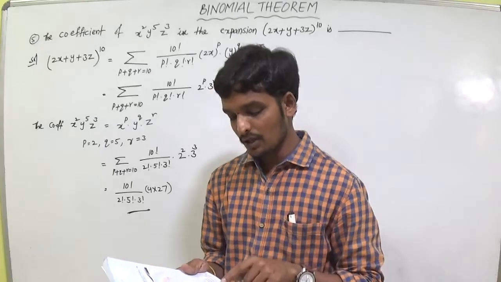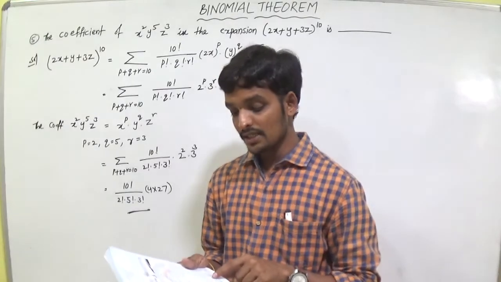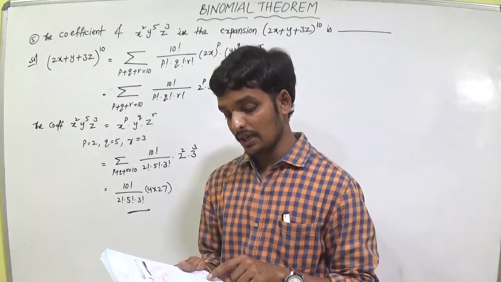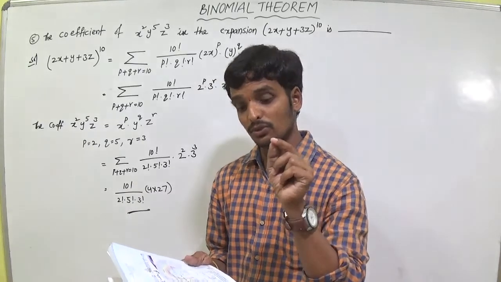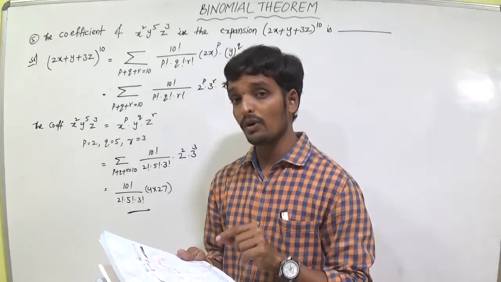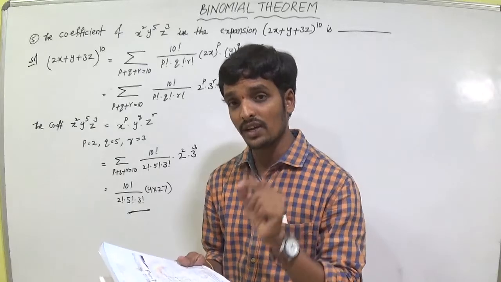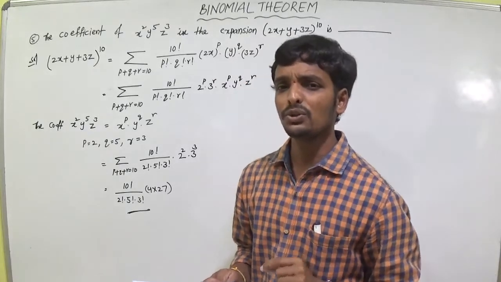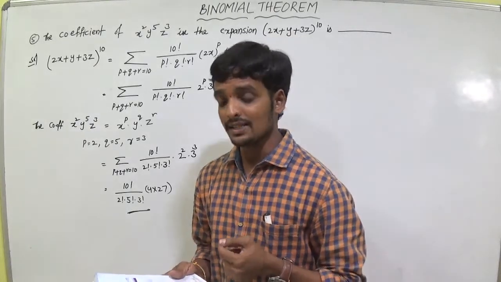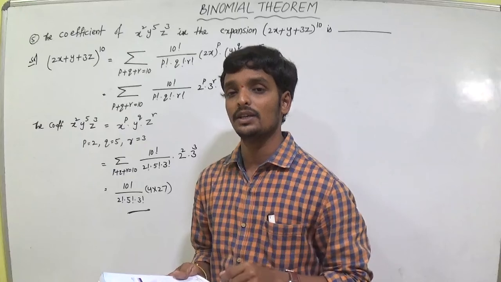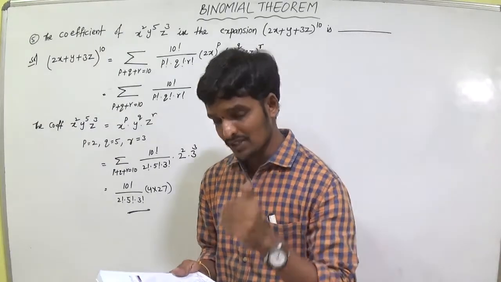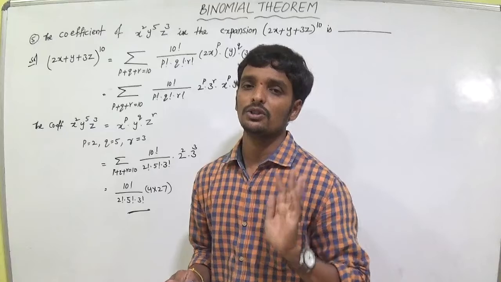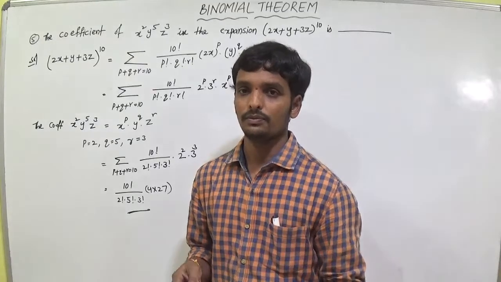The second option, (1 + x) whole power 10, they are finding t(r+1) by t(r) is greater than 1. They are wrong. There is a small mistake in the statement too. They are giving (1 + x) whole power n, so we have to write 10 in the place of n. So you can get the value of r is greater than 4 2 by 3. If we solve the first question, you can get the second question also. Solve the seventh question also.